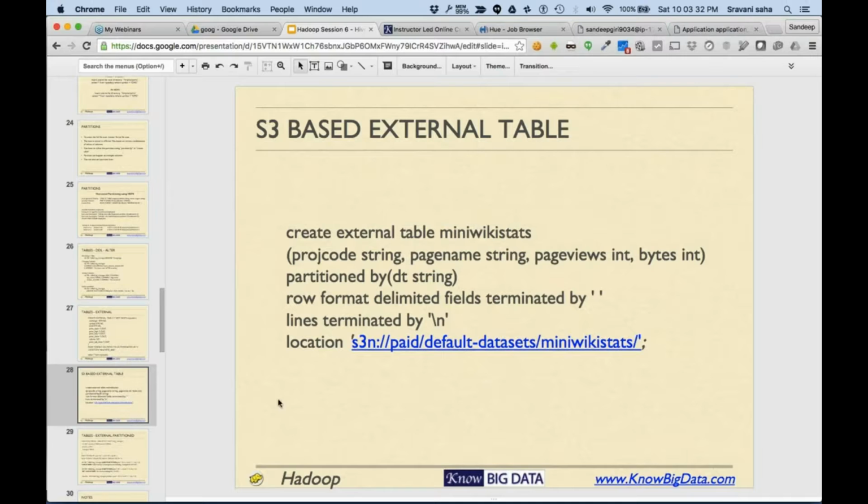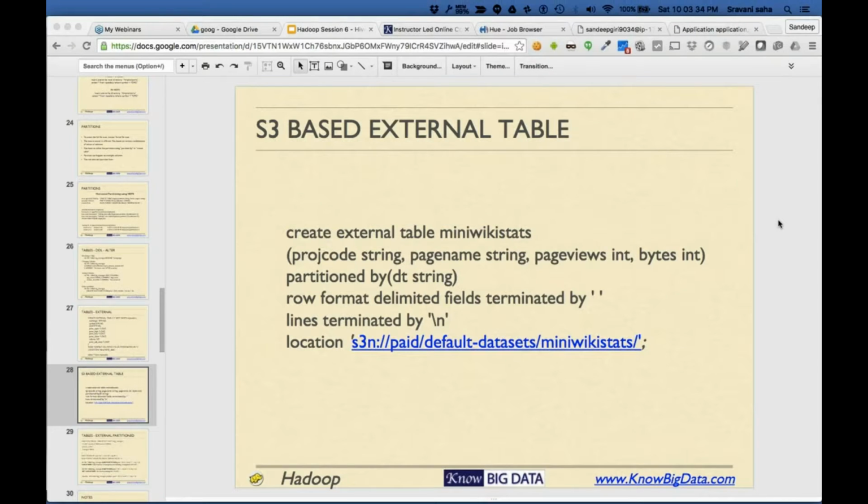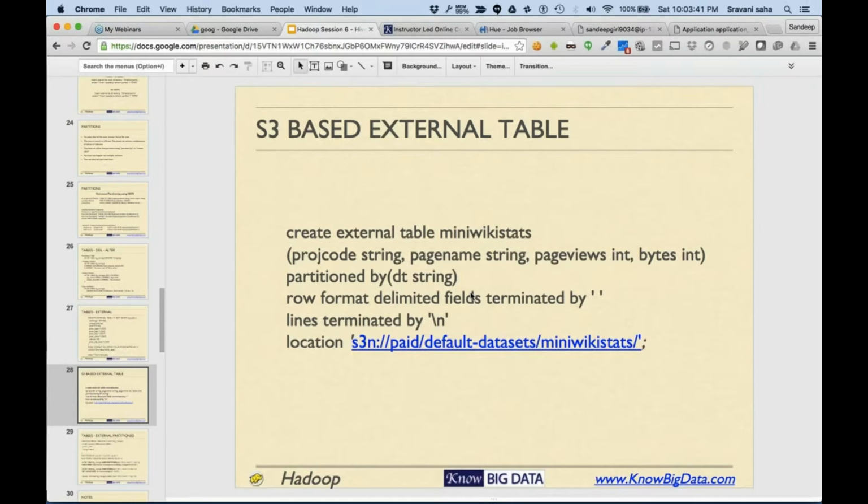Okay, so sometimes your table could be external and partitioned, meaning one partition is coming from S3, another partition is coming from HDFS. What is S3? S3 is an Amazon storage. Amazon provides a very cheap and very robust data store mechanism, and that's S3.